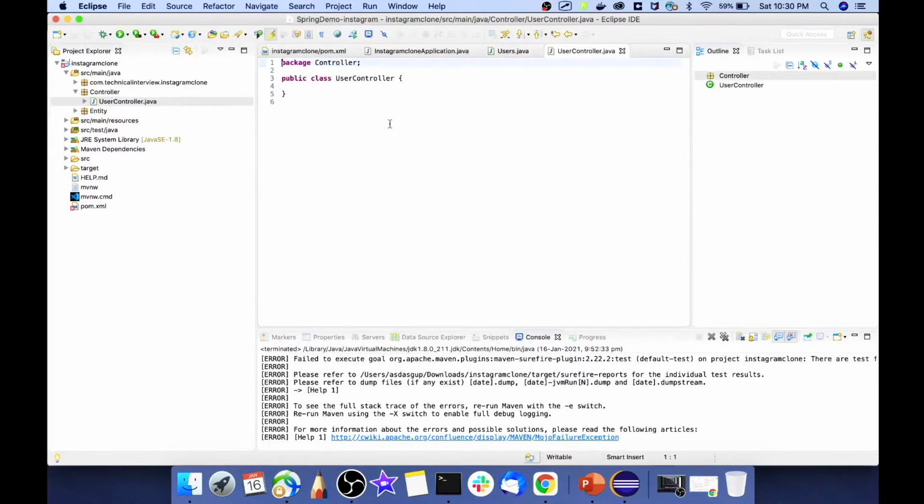The first and primary thing that you have to do here is annotate this class as a REST controller so that the application can understand that this class is a controller. So we'll annotate it with RestController, and we have to set the endpoint for this controller.